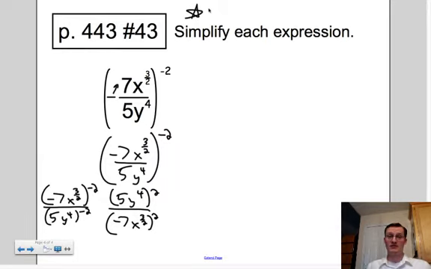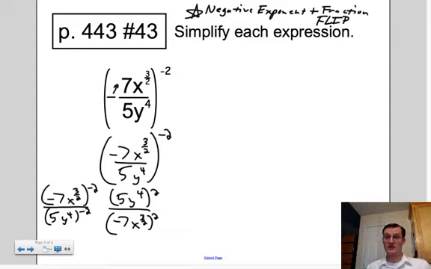When you have a negative exponent plus a fraction, flip it. And don't take it out of context. Make sure it's the right context. The negative exponent has to be outside the fractions in parentheses, so make sure that you have that context correct there. But once we have that, flip that fraction and then distribute that 2 to both the numerator and the denominator. So we have 5 squared,